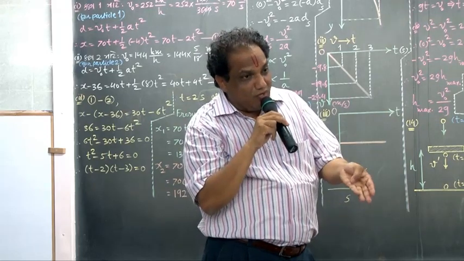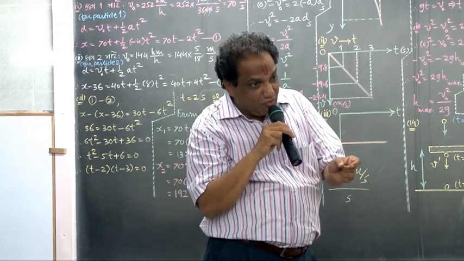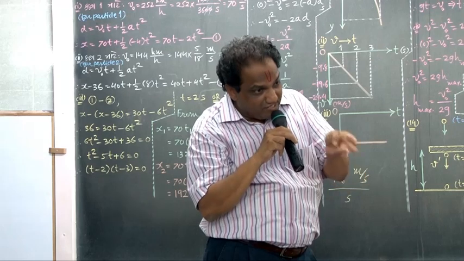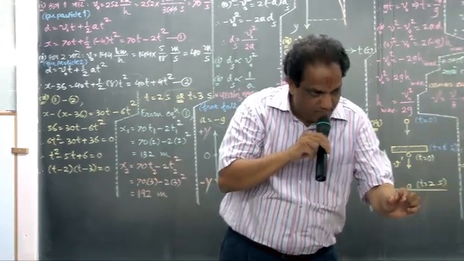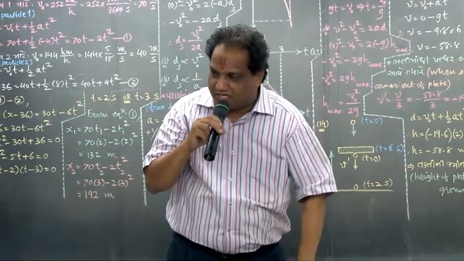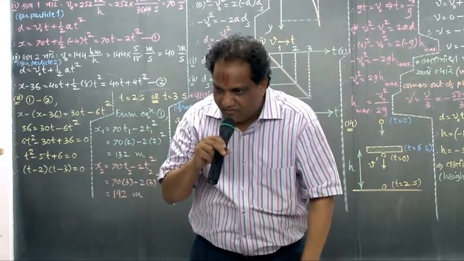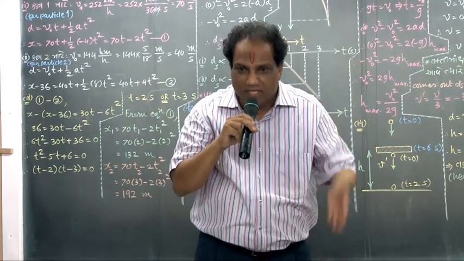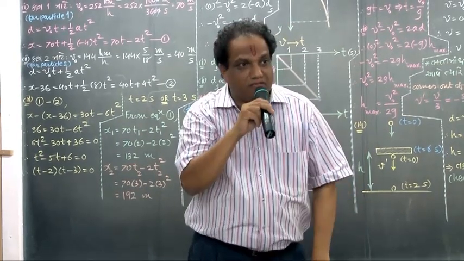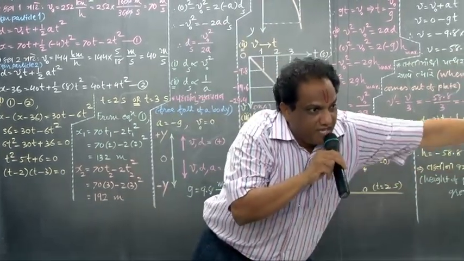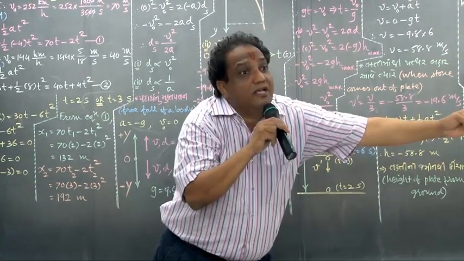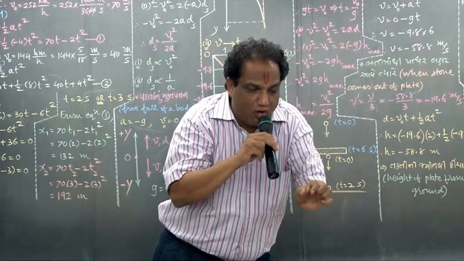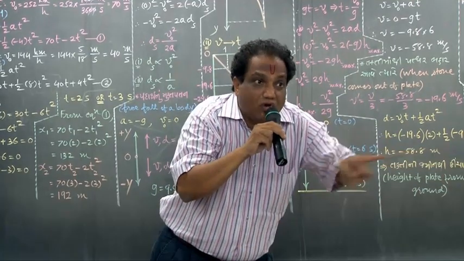Just now I told you a body will continue to move in the direction of existing velocity. Before dropping the coin, where was it? It was in your hand. Where were you? In the train. Where was the train moving? Ahead, forward, in this direction. Correct? So the coin also had velocity in the same direction. And when you drop it, it will continue to move in the direction of initial velocity.